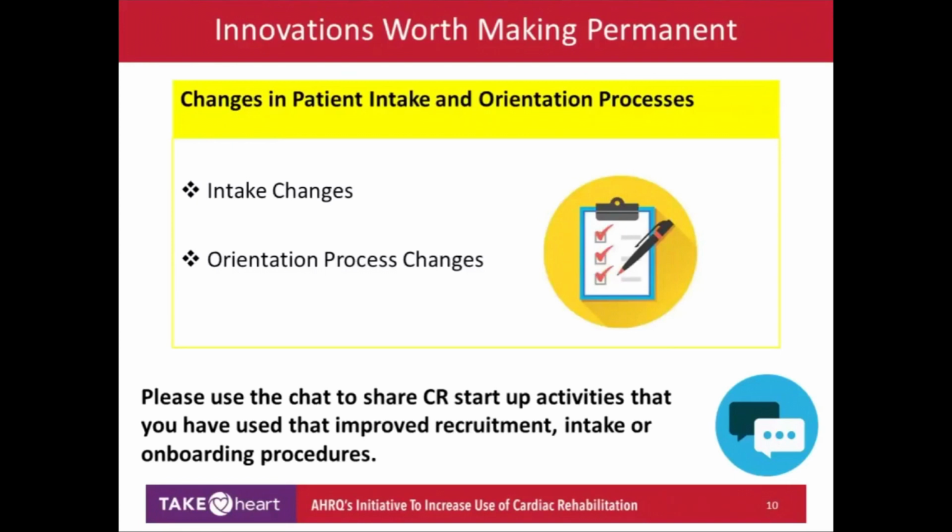And then we have a nurse assessment, risk factor planning, 6-minute walk tests, and exercise goals that we set with the patient, as well as some individualized pieces. We found that this works really well. We're able to get our treatment plan signed the same day, and the patients are able to have the group aspect rather than the one-on-one, kind of get to know some people as they get started,